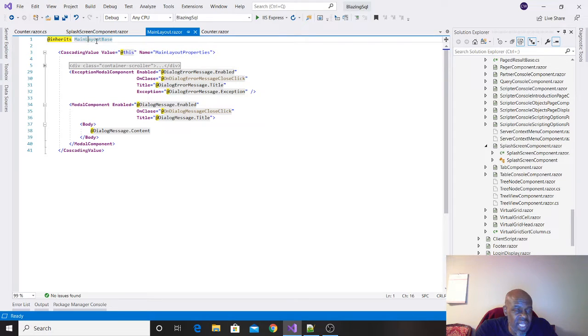I haven't seen any negativity or any performance issues whatsoever in using a cascading value, which was my first concern in the beginning, because that means that every component in the hierarchy would be receiving a copy of the cascading value, or could receive a copy of the cascading value of main layout, and I didn't know if I wanted that to happen.